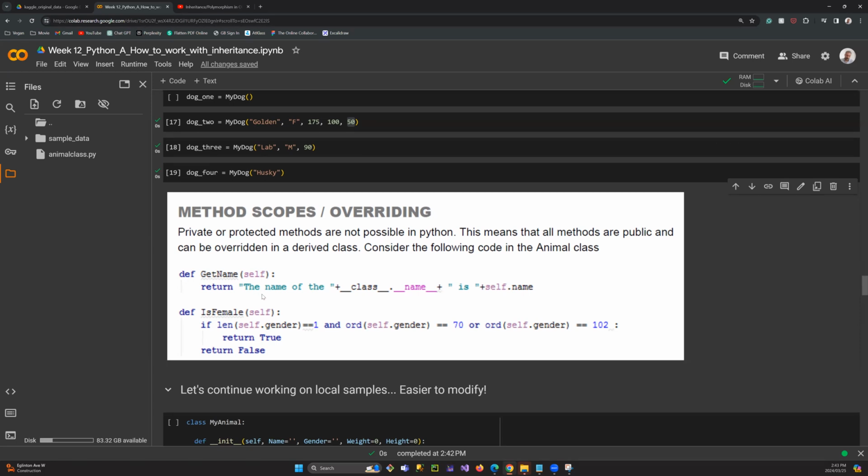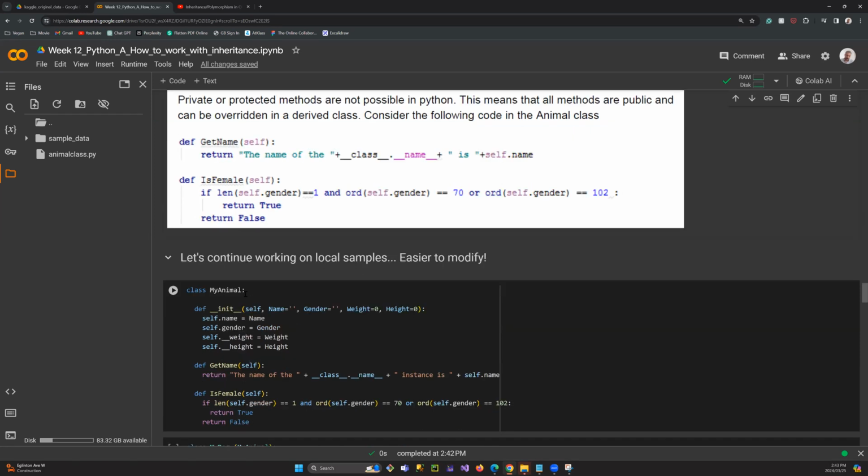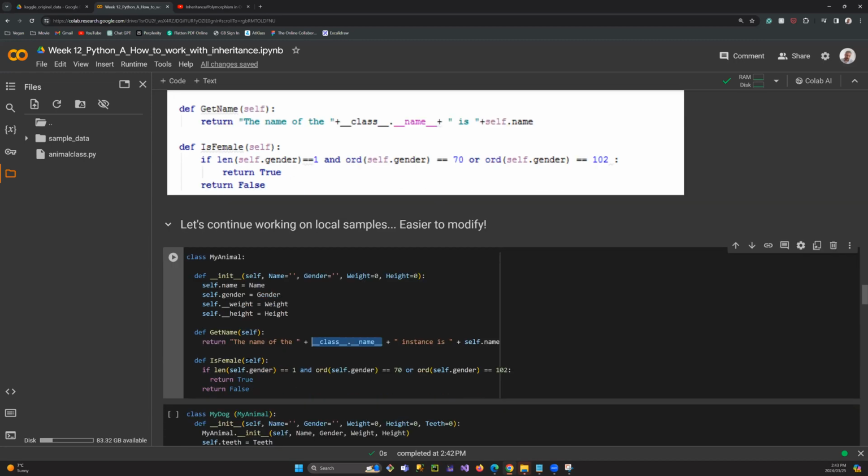Imagine that we have something like get name in the my animal class, right? Let's just define from scratch my animal. So forget about the file that we had there. And then we say get name. Look at this one. Here I pass self. Here I'm gonna say the class name instance, for instance, is gonna be the name of the my animal instance, the name of the animal that you created. And is female is going to be